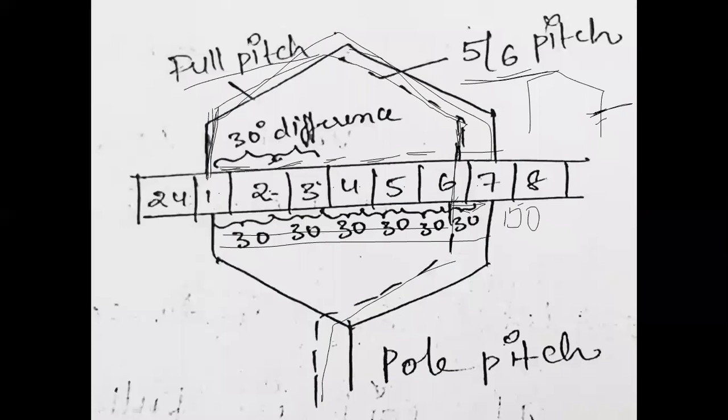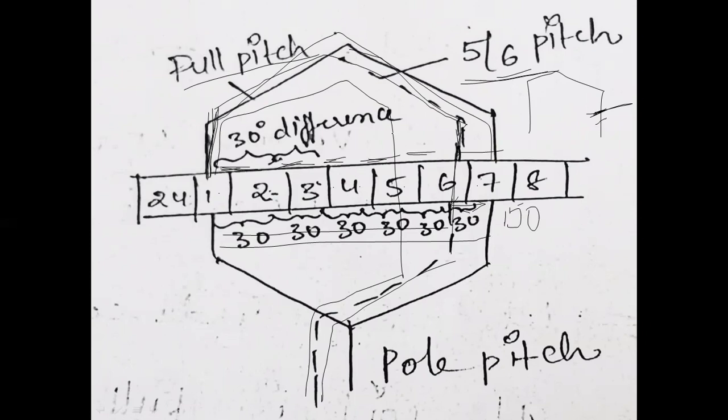And suppose I start at 1 and end the coil at 5, then the difference increases. The difference between slots 1 and 5 is now only 120 degrees. Now, what is the formula for short pitch? 4 by 6. What is the difference? 1, 2, 3, 4. The total should be 6, but only 4 is the difference. So 4 by 6 pitch is short pitch. Okay, do you understand practically? Now I will apply this example for the theory part.